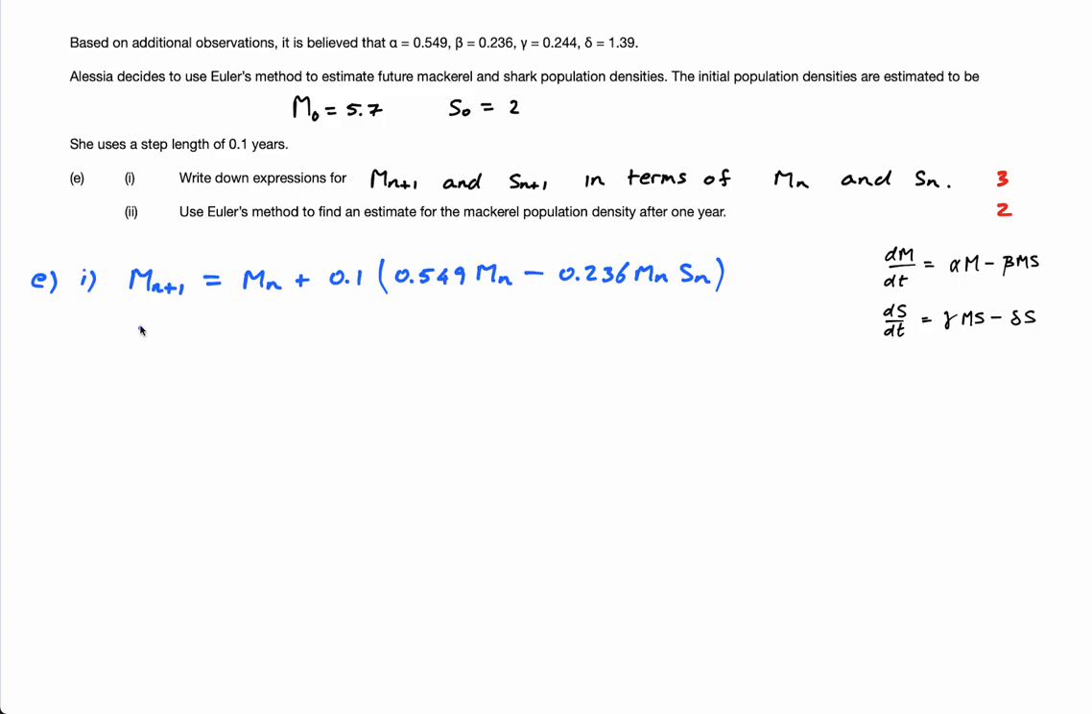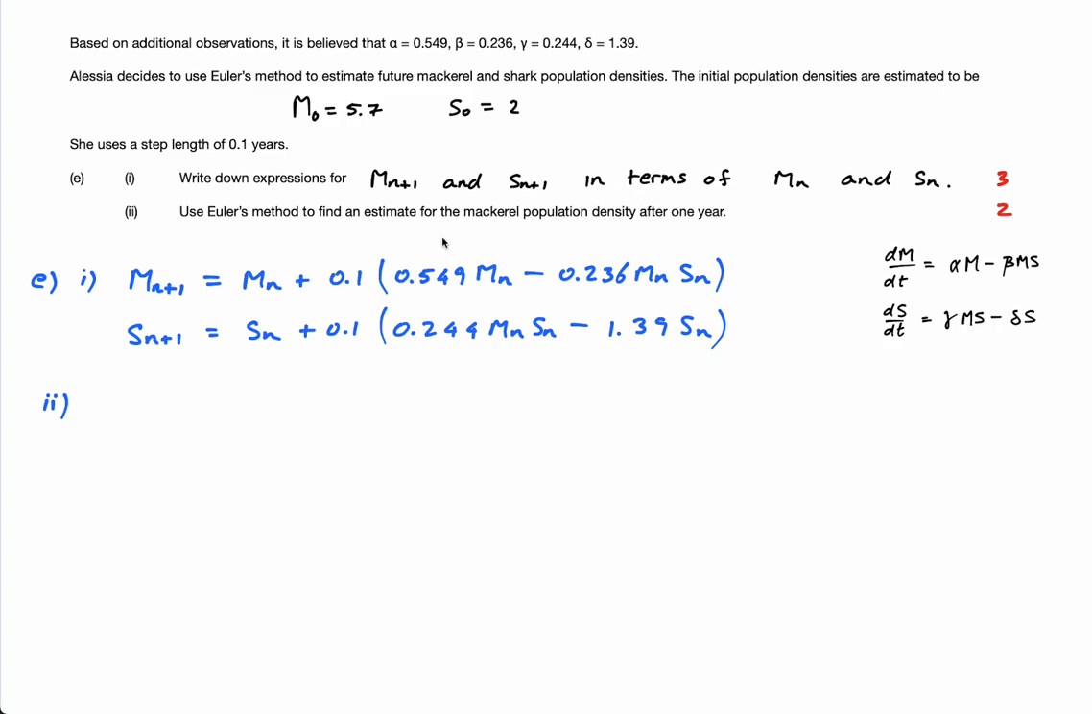Great. And then the Sn plus 1 is Sn plus 0.1 times his derivative, which is gamma, or 0.244 mn Sn minus delta, which is 1.39 Sn. Okay, great. That is 3 marks. Not that difficult. Okay, and then finally, we have to use Euler's method to find an estimate for the mackerel